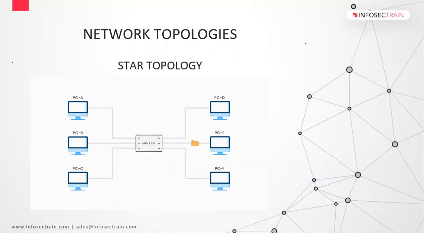The next topology we have is star topology. So why do we call this star topology? We call this star topology because there is a centralized device in between. As you can see, there is a switch in between. So why did we put a switch in between? Because of the disadvantage of bus topology. The disadvantage of bus topology was that every device was able to see the data that is traveling in the network. So that's why we implemented a switch here.